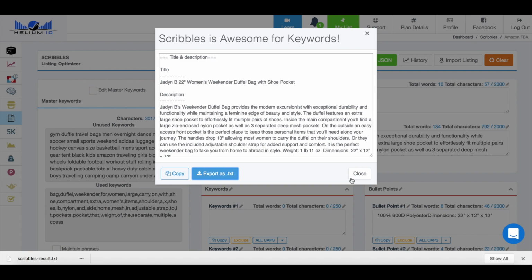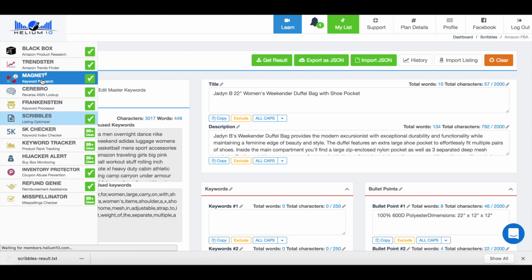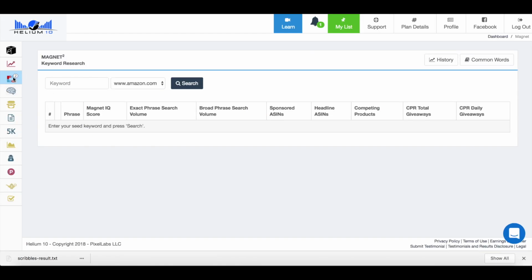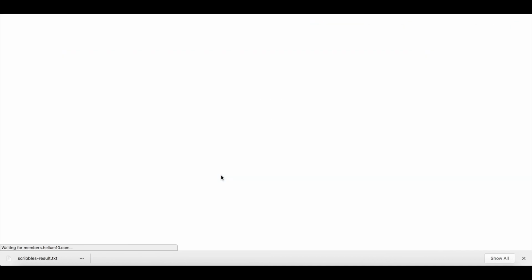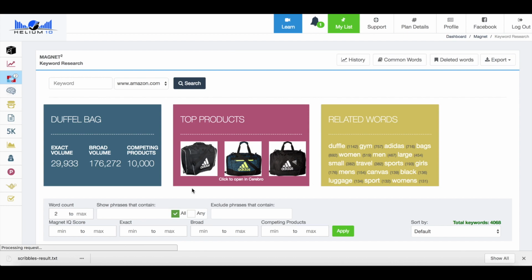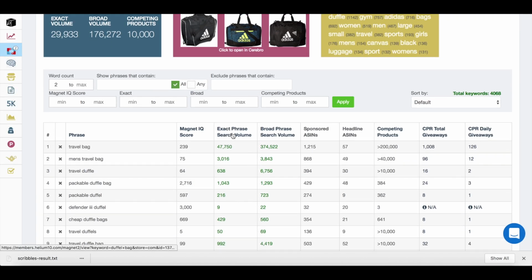And if that still doesn't give you enough ideas on keywords, you can also head over to their Magnet 2 tool, which is over here. So if I type in duffel bag over here, it's then going to go and pull all the keywords associated to that. And what we're going to be able to do is sort them by exact phrase search